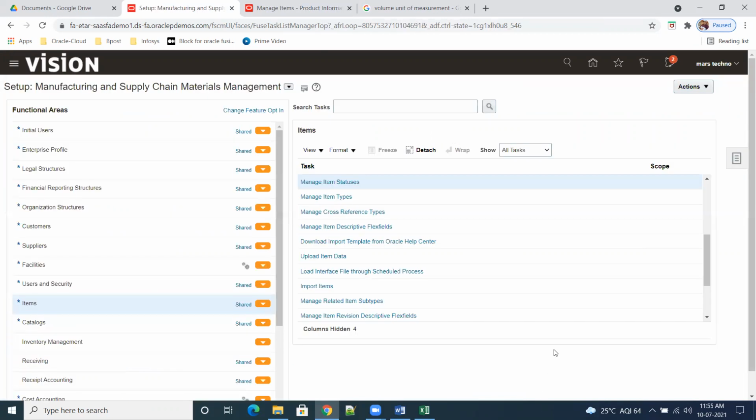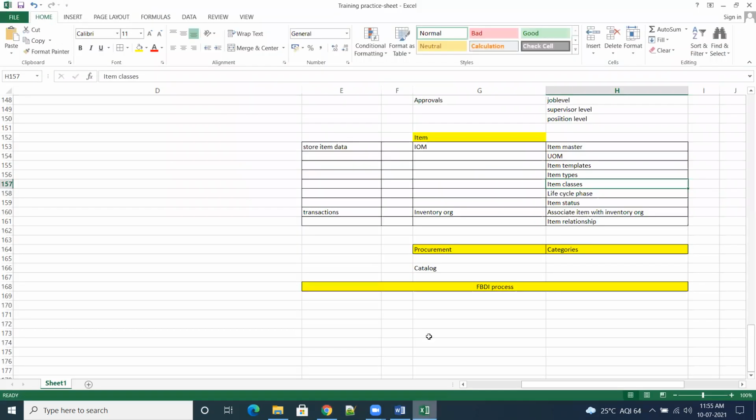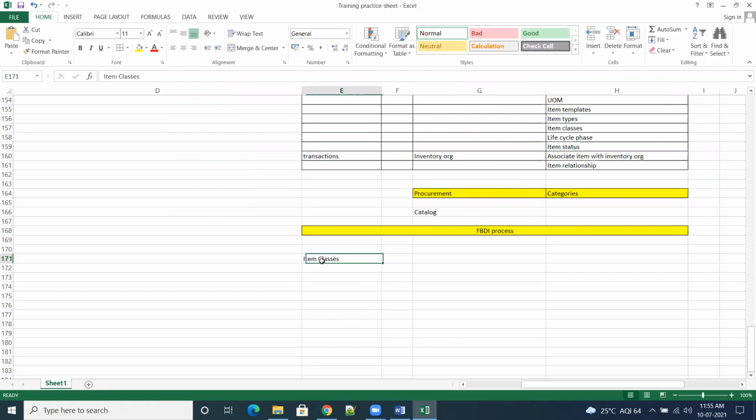And then item class is very important. So basically what is item class? Item classes. Usually the seeded class given by Oracle is root item class.